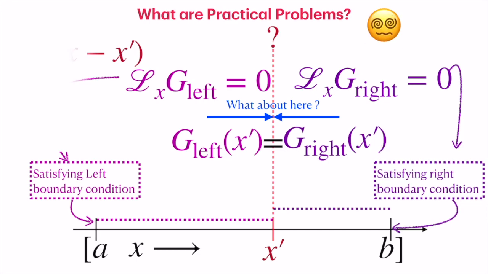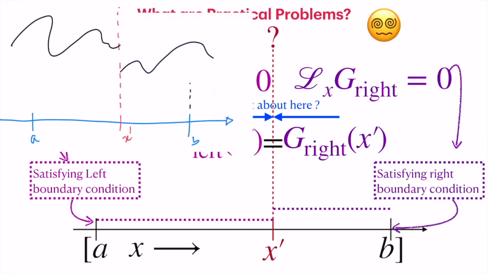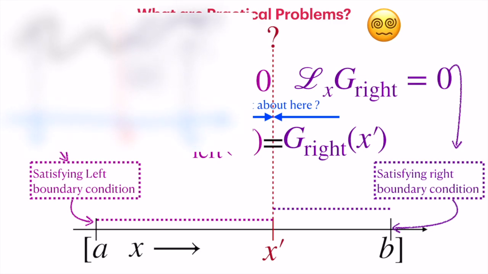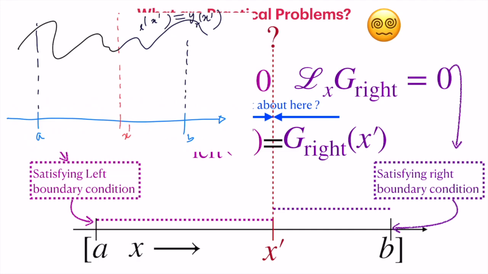So let us see how pictorially one would see this as a function matching. We have solutions y left and y right, which satisfy certain boundary conditions at a and b, and which need not match at x equal to x prime. Such solutions are not interesting to us because we want our solution to be smooth across the boundary. That is, we would like them to match. So the match again can happen in several ways. The solution can be matched smoothly, which means the solution and all its derivatives match at x equal to x prime. That is called smooth. And there is another way of matching, for example, the mod x function matching at x equal to 0.